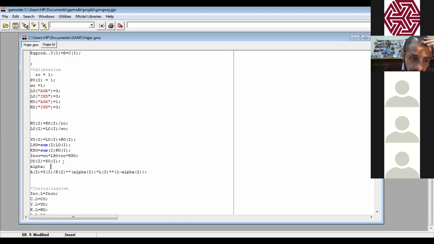calibrating the A, there is a bracket missing before the K and after the I. Exactly. So Muhammad is saying, is there a space between PO and I? No, not necessarily. Alpha function is missing, beta is missing, and the bracket before the K and after the I. So please, Hajar, complete two things. Yes, before the K. And at the end. So please do these changes and then we can check another code.